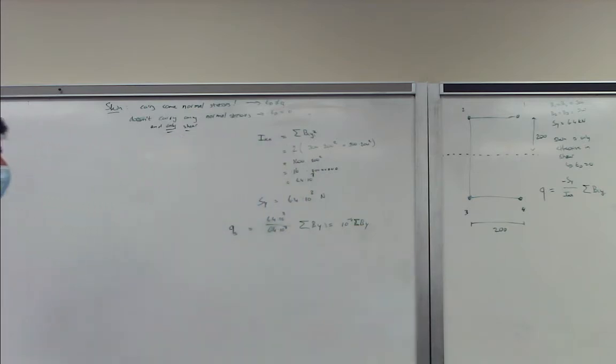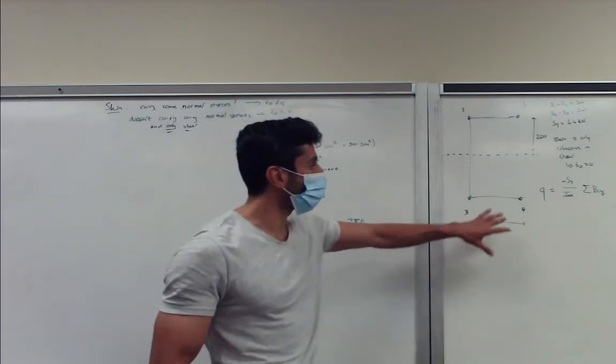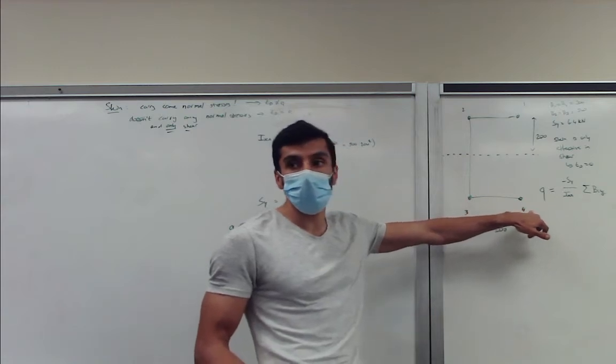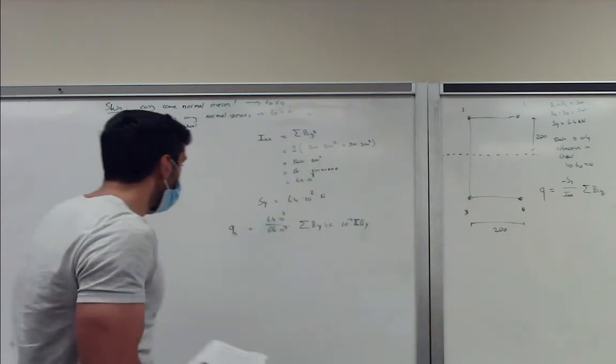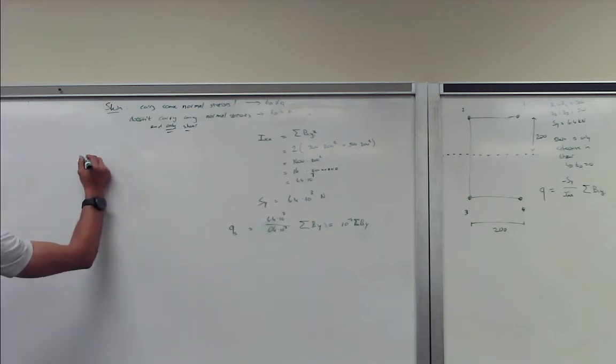Summation of by. So that will be our equation. And again, I have to state there's an open section, so we either start at point 3 or point 1 or point 4, because we know that the starting shear flow there is 0. So let's start at point 1. We get Qs